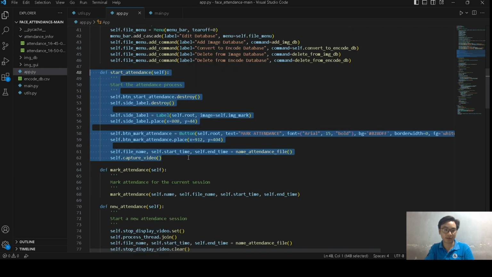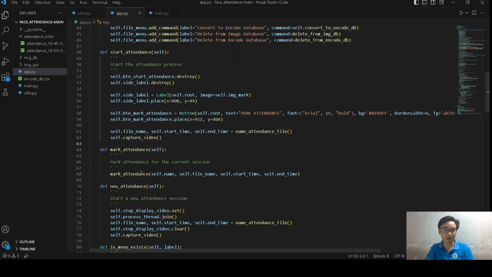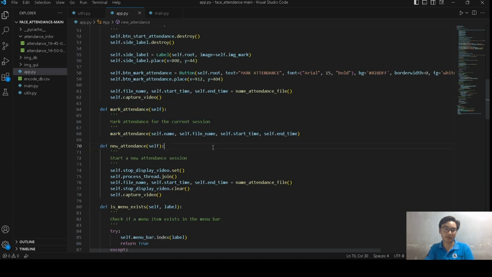You can see the function must make attendance for the current session. Each function is either to confirm their attendance, like the function new attendance,